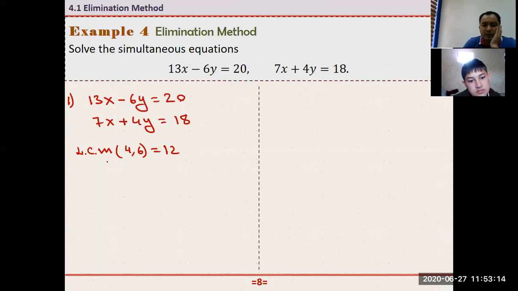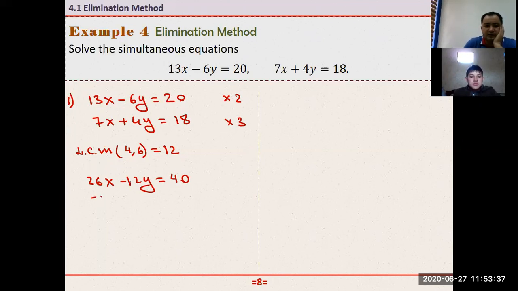To do that, the least common multiple of 4 and 6 is 12. So I should multiply this by 2 and multiply this by 3, right? If you multiply this by 2, 2 times 13, 26x minus 12y, on the right-hand side, 40. If you multiply the second equation by 3, 3 times 7, 21x plus 3 times 4, 12y, and 3 times 18,